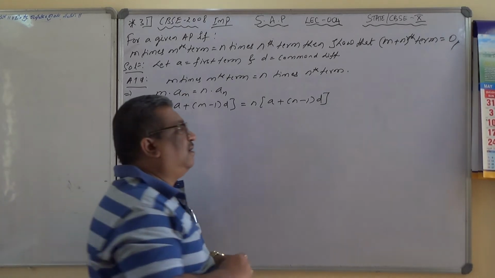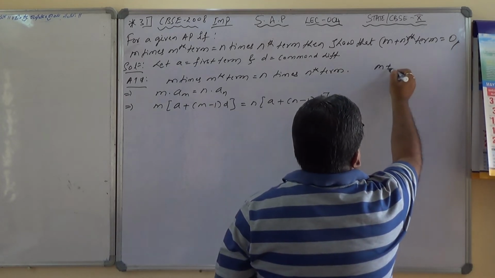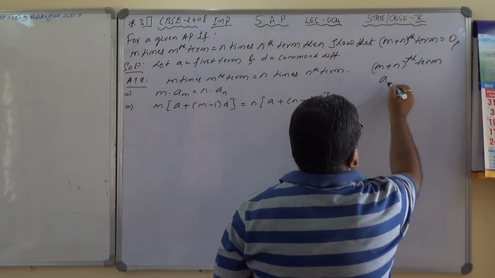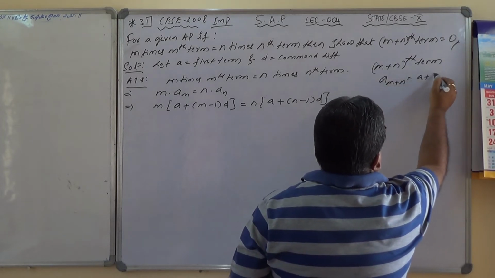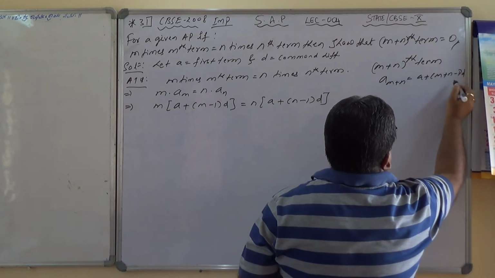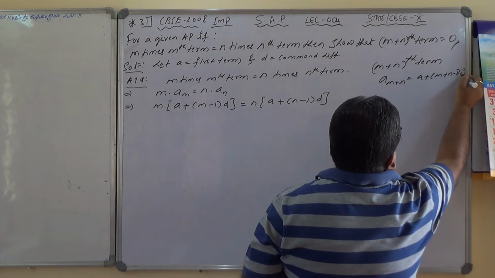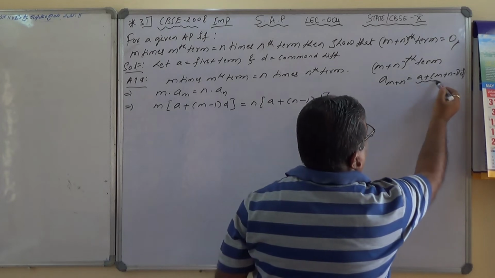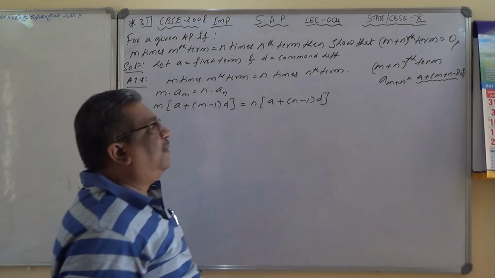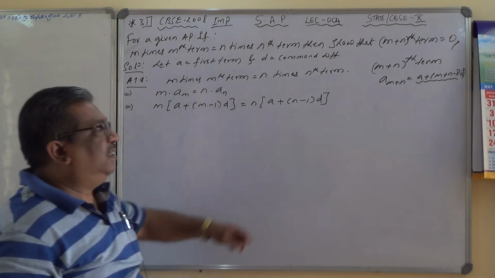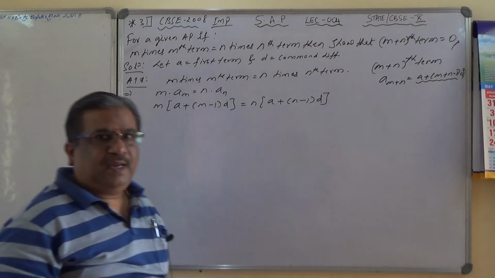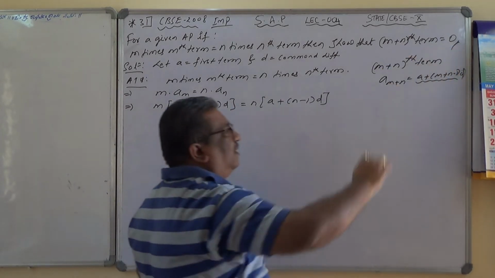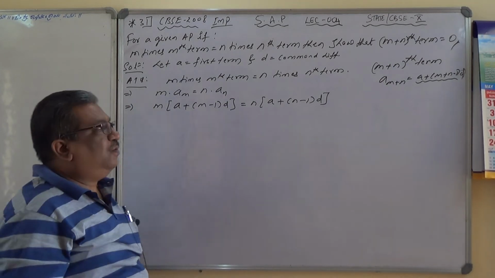See, I'll just give you a hint here. What is the (m plus n)th term? M plus nth term, is it not a(m plus n), which is equal to a plus (m plus n minus 1) into d? I hope you are able to understand. So I have to bring this format. I should get something like this here, a plus (m plus n minus 1) into d. If I get that one, that is nothing but a(m plus n). So my objective is to reach a plus (m plus n minus 1) times d.